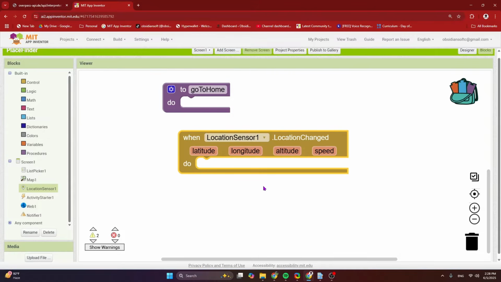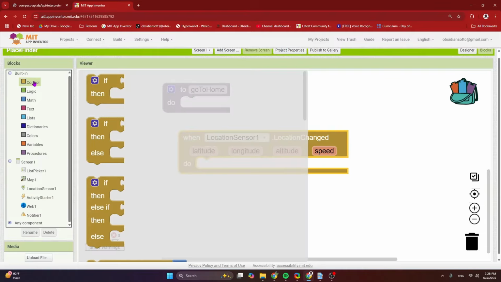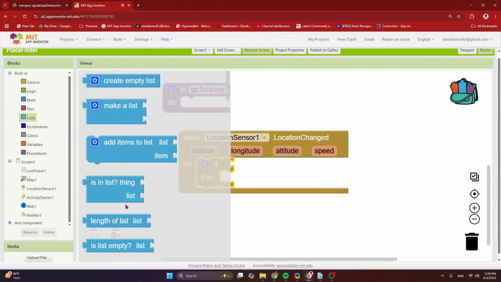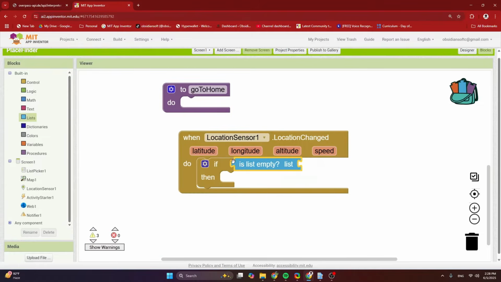So what I want to do is that to make sure that my marker, home marker, is set only once and not just when we are moving the phone around and our location is changing, I am going to do a check from control, an if then block, and here I'm going to check if my list is empty.